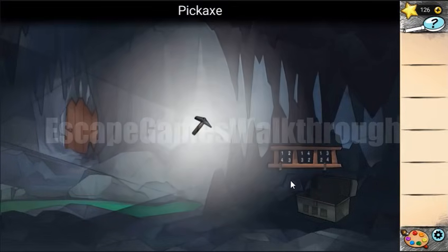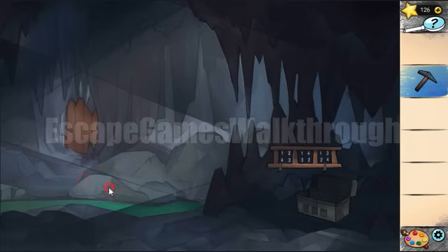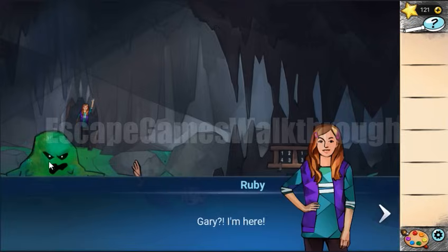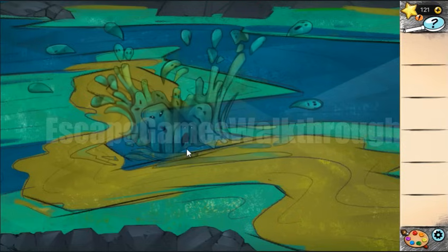Now let's use the pickaxe to crack something. Okay, what can we crack? Nothing here, and maybe something here. Nothing to crack. Okay, let's break the door to escape from that cave. And here's a monster. We have made this monster very angry, and now we need to